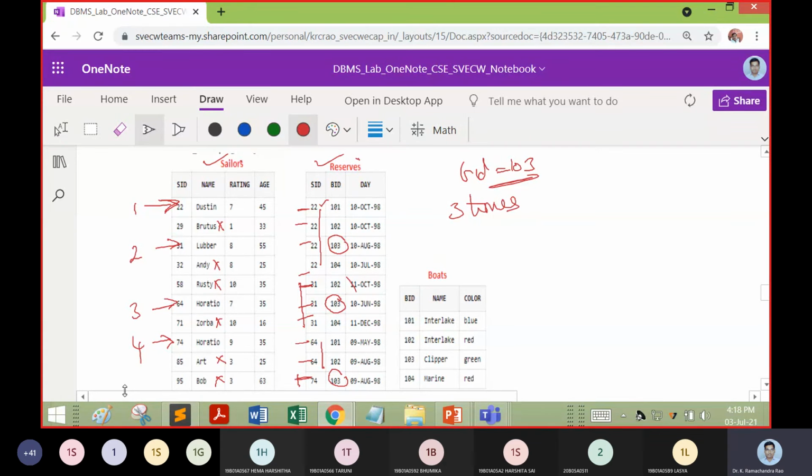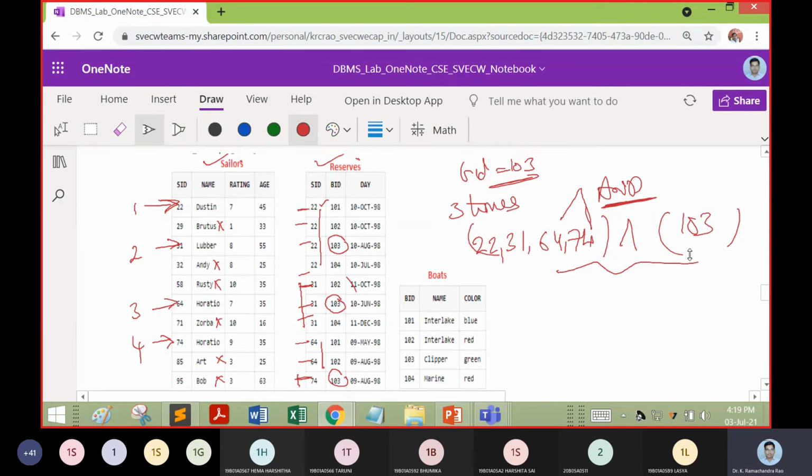And is the query complete? No. We have to go for the AND operation. So what is this AND operation going to do? 22, 31, 64 and 74 followed by AND 103. This is what it should obey. It should obey both.